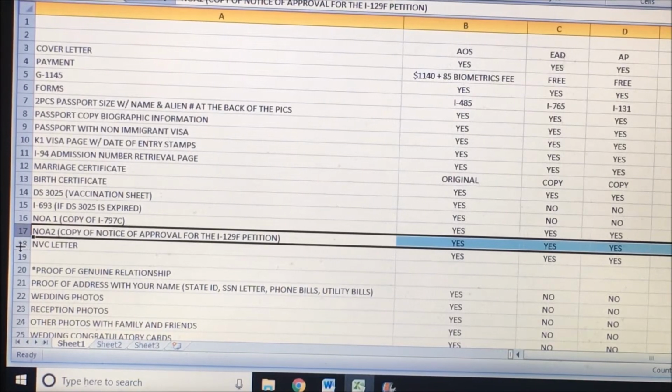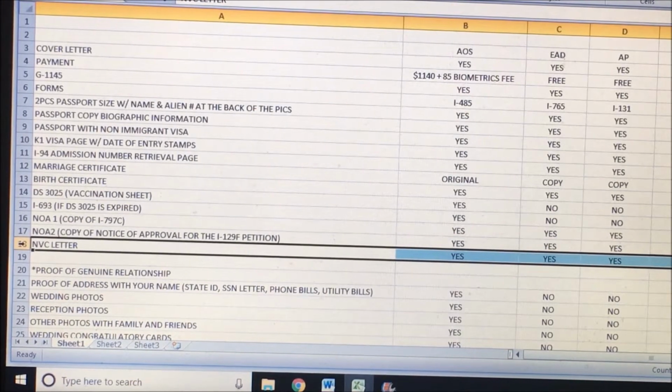Okay, the next, NVC letter. You need a copy of that for your adjustment of status, you need that for work permit, and also you need that for advance parole. Okay, the next,